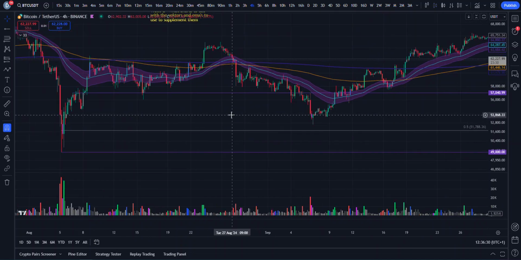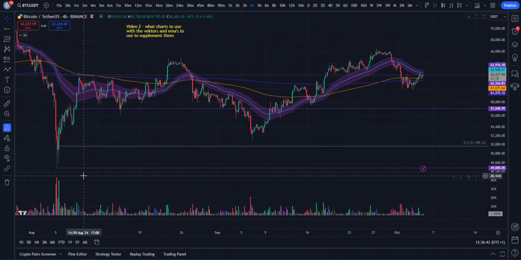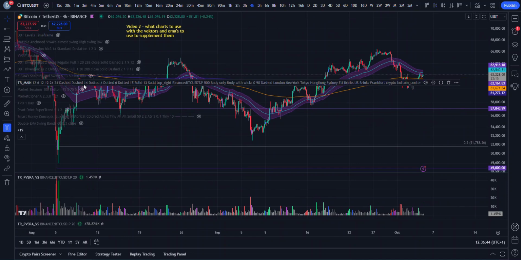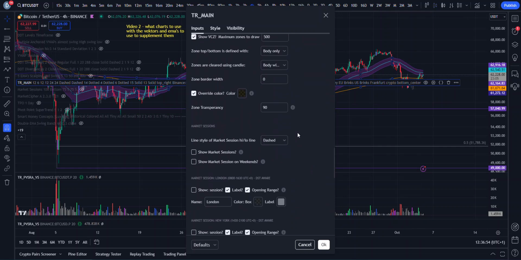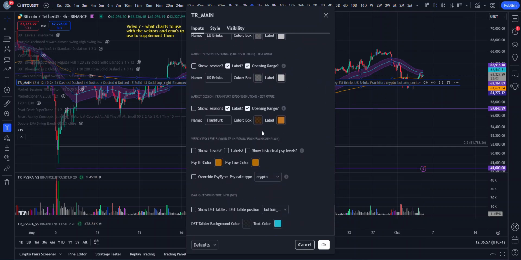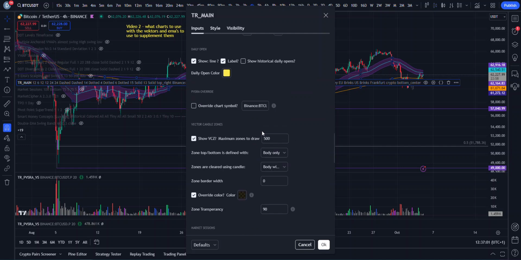So that's going to be this video for now. So yeah, this was just explaining what charts to use, and also, sorry, one thing I didn't suggest was how to override. So within TR main, or even PVSRA, you can use a chart override, right? At the moment I'm using the Binance BTC USD spot chart, but you can use, obviously for traders we use perpetuals, right, to go long and short. So you can override with